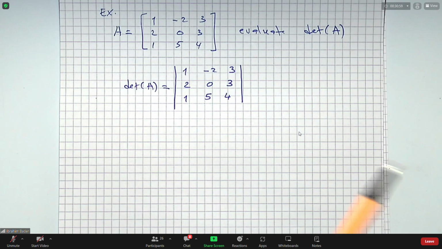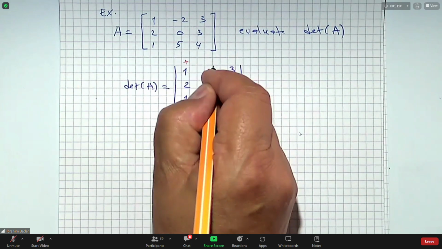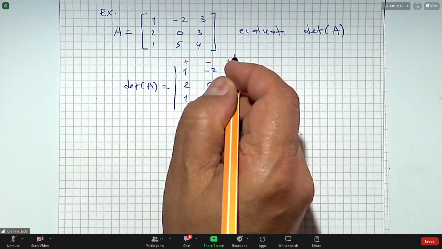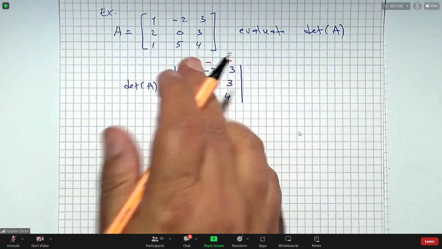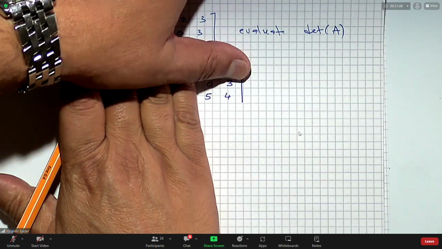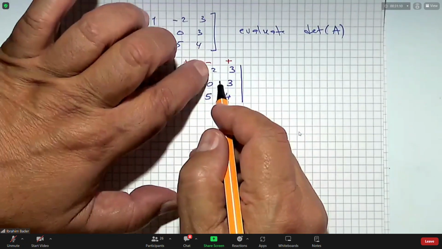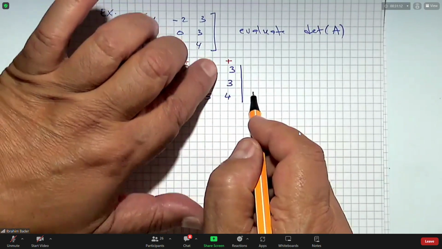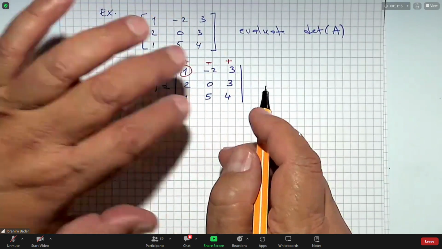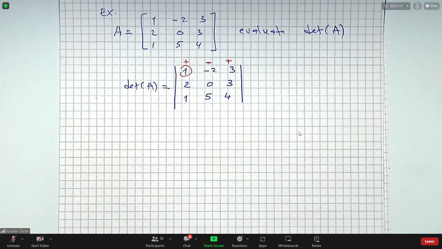Okay, so the first thing, just bear in mind, this is positive, negative, positive. Then you take this number, multiply it with this determinant. Then this negative, don't forget about this negative, multiply it with the determinant 2, 3, 1, 4, and so on. Take a couple of minutes to evaluate it. Please try it manually without calculators and tell me what you get. So guys online,